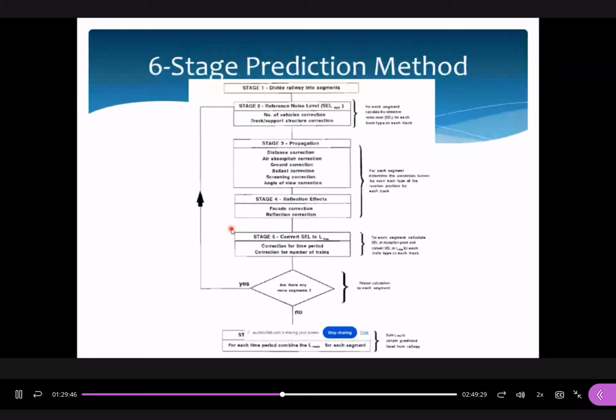And finally, we have to calculate the overall levels. It depends on stage 1 whether we have different segments. If we do not have different segments, we just can conclude that this is the overall